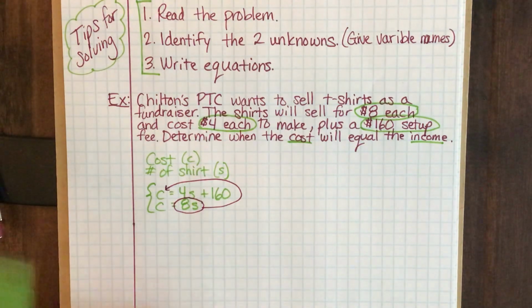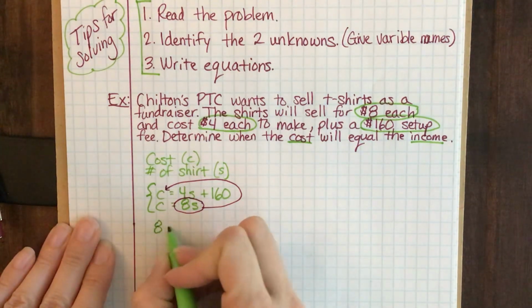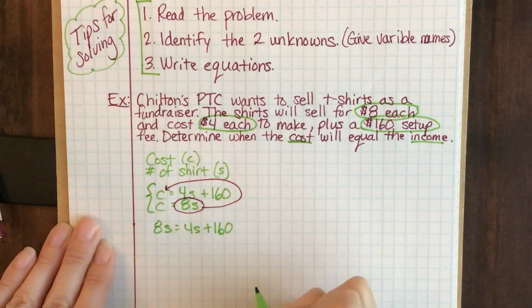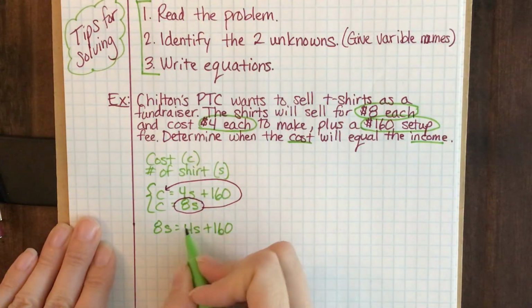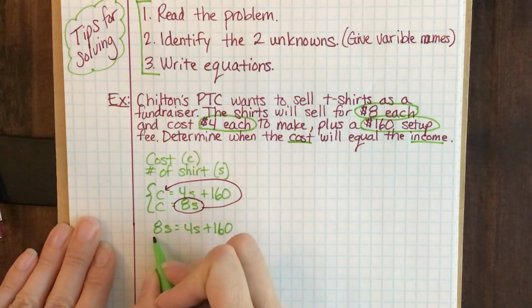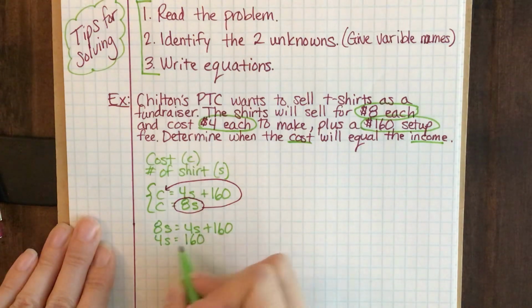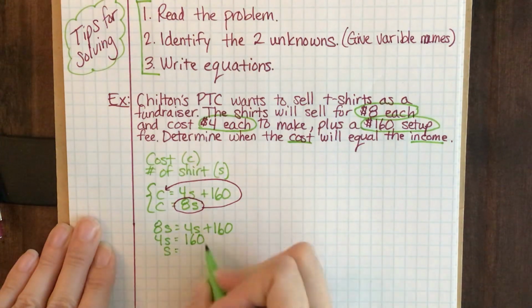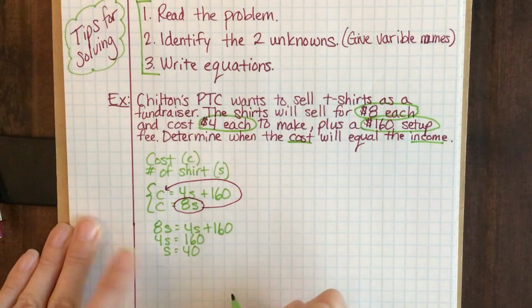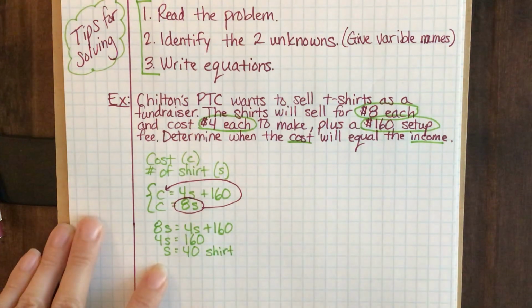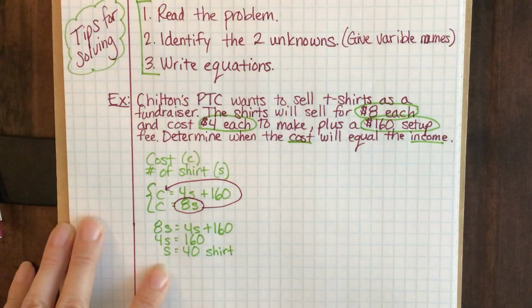So what we end up with is 8S is equal to 4S plus 160. I can solve this. I'm going to subtract 4S from both sides. So I get 4S is equal to 160. Divide both sides by 4. And you can see that the number of shirts that they need to sell is 40. Okay? This has actually answered our question now,